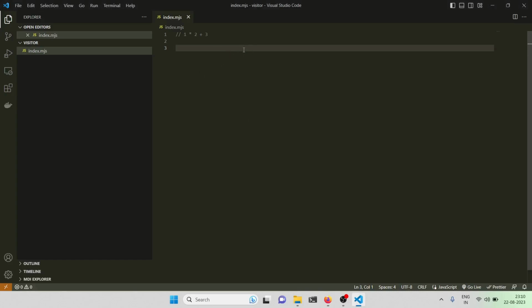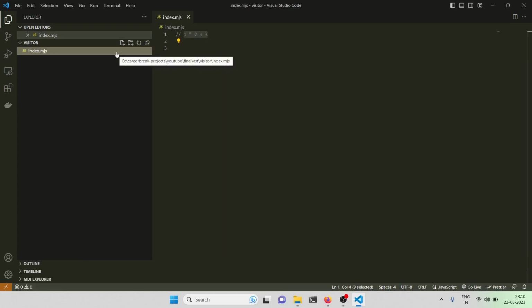So first of all, let me come back here. We'll be trying to evaluate this expression using the visitor pattern, or you can say it's just the visitor pattern for now. So what I'll do is